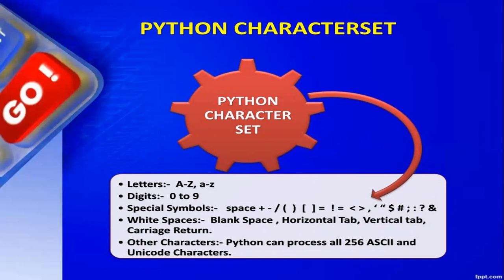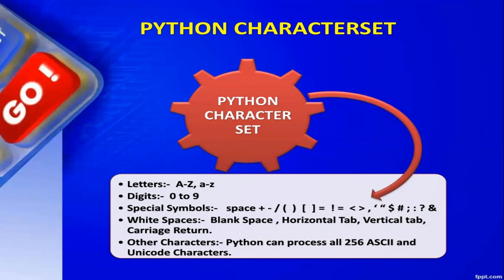All the letters from A to Z, capital as well as small, digits 0 to 9, special symbols like space, plus, minus, backslash, even front slash, then open brackets, close brackets, all the symbols that you find on the keyboard.